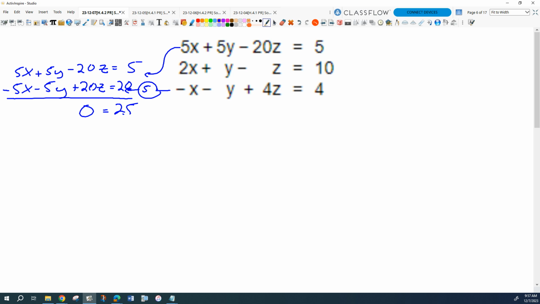What's that tell us? When I look at the first equation, which represents a plane, call that plane 1, and the third equation, call that plane 3, when I combine those, if I get no solution, what's that telling you about those two planes? Yeah, they're parallel, right? Now there may be other planes that aren't parallel. Like for example, if I took equations 2 and 3 and I multiply this guy by 2,